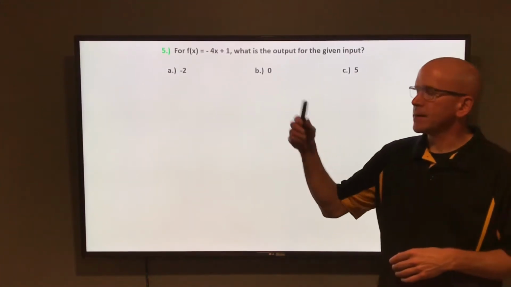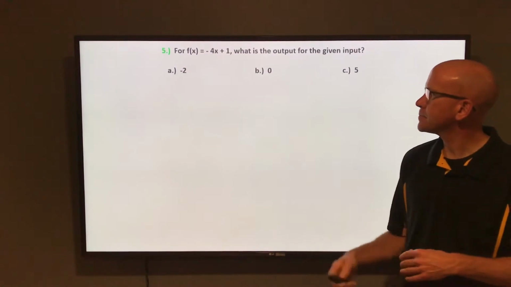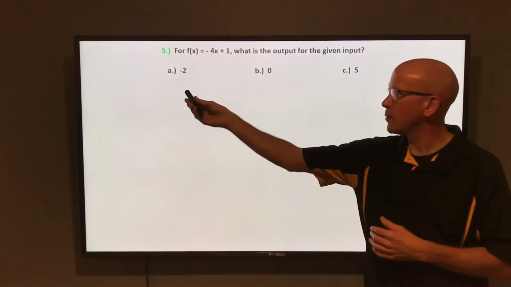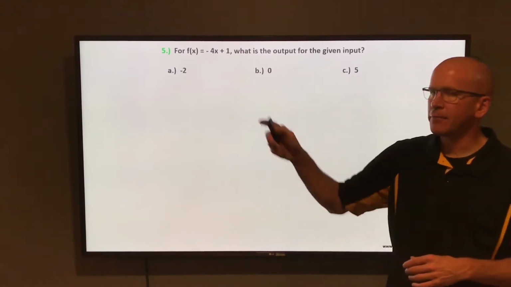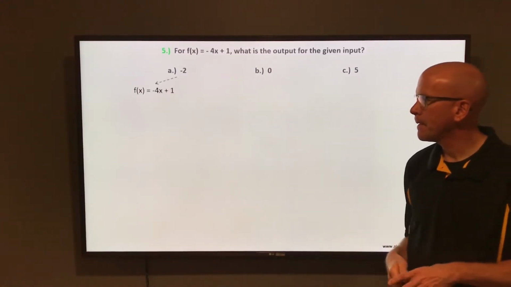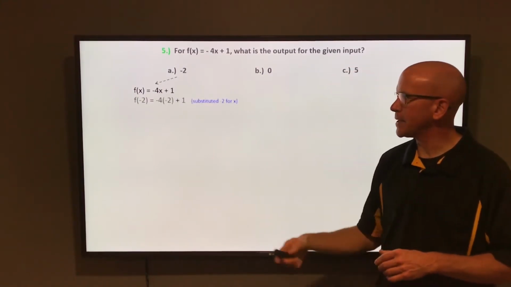For f of x equals negative 4x plus 1, what is the output for the given input? Now, this is not multiple choice. We're going to go through each one of these and input each one of these into that function, starting with negative 2. So for f of x equals negative 4x plus 1, if our input is negative 2,